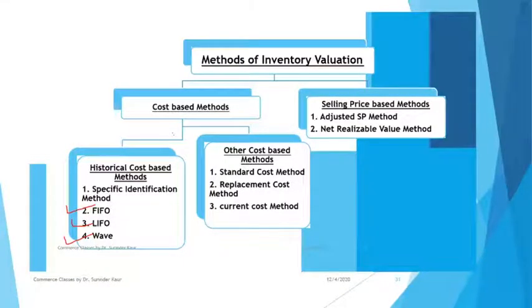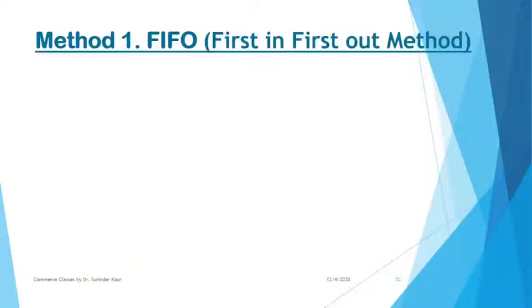So starting with FIFO approach, that is first in and first out. Now, before I take up the definition and the procedure, let us just ponder on the method first. First in. In implies stock is coming in. So the first purchase. In means purchase. First out. Out is there when your stock moves out. You make sales or you issue inventories.